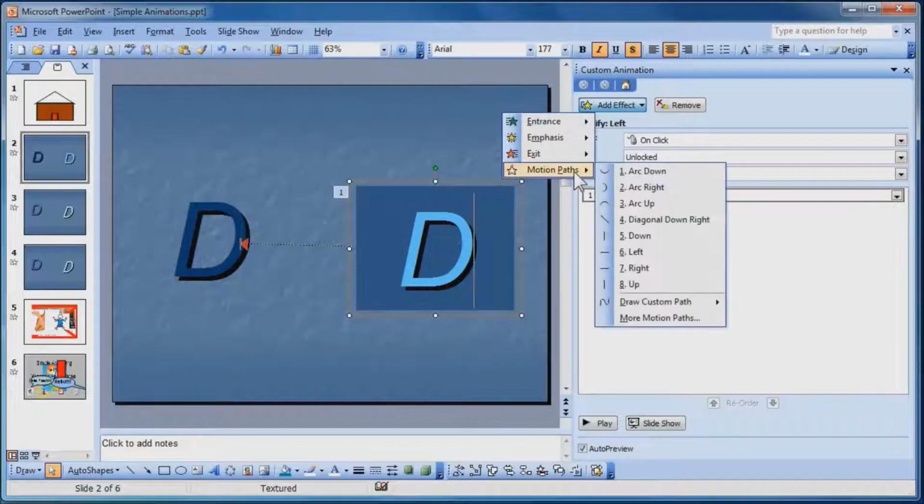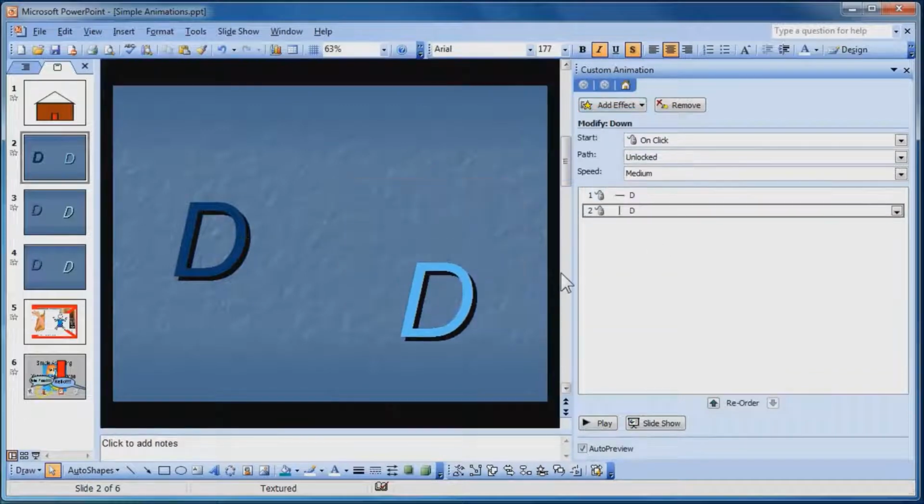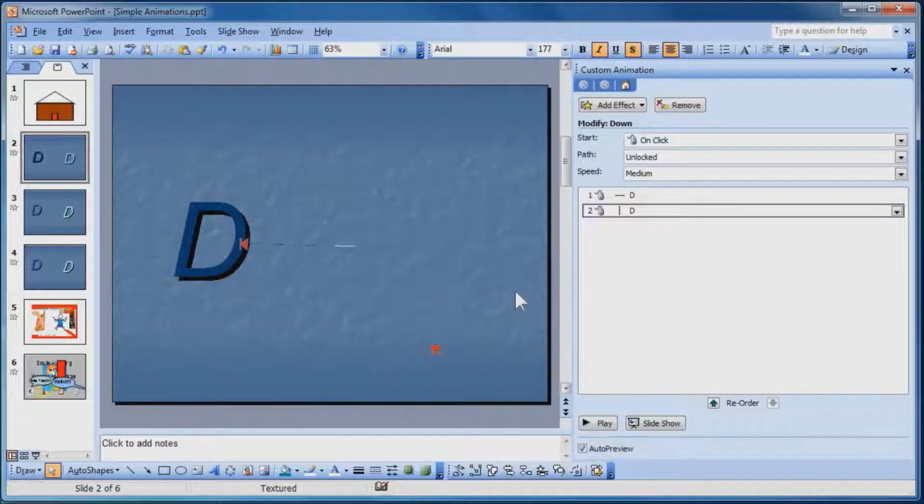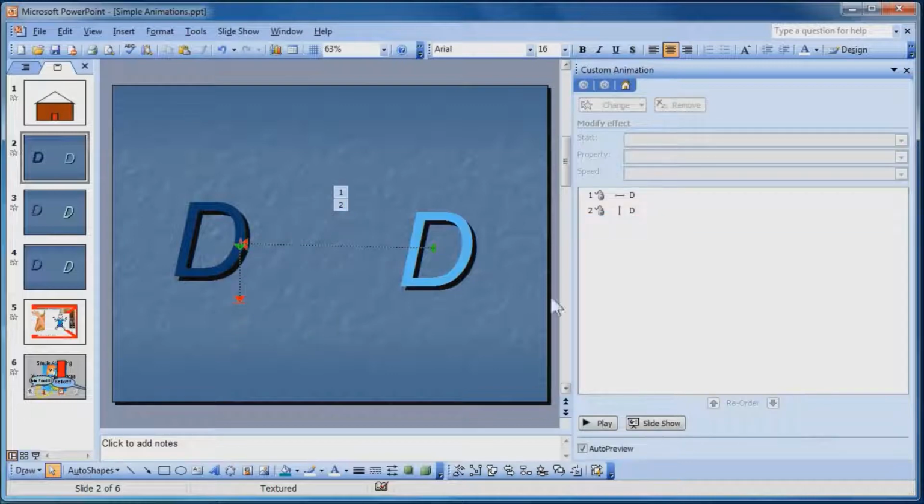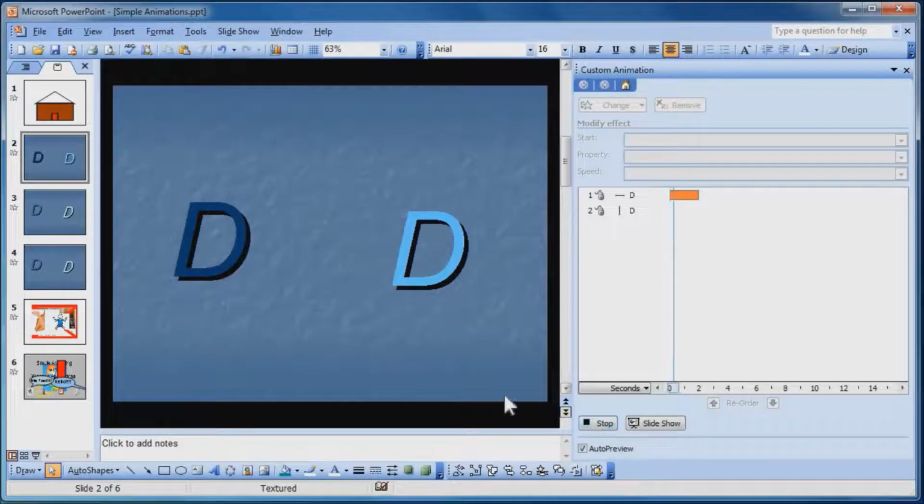I'm going to add another motion path. Where's down? Down, down, down, right there. So there is down. So what I'm going to do, I'm going to left click on this. I'm going to drag this all the way over to the other one. And probably bring this one up a little bit. There we go. So now if I play that,